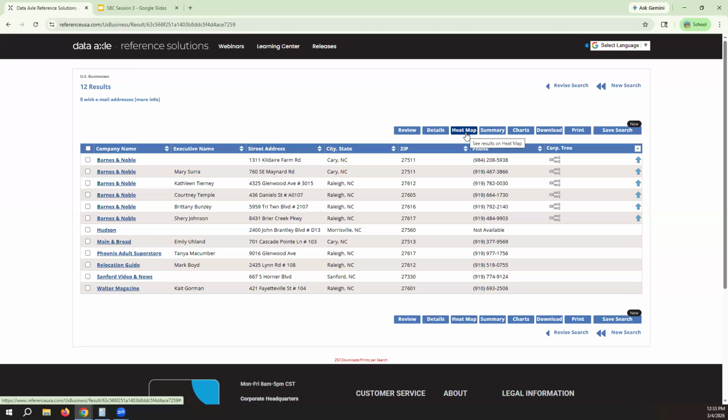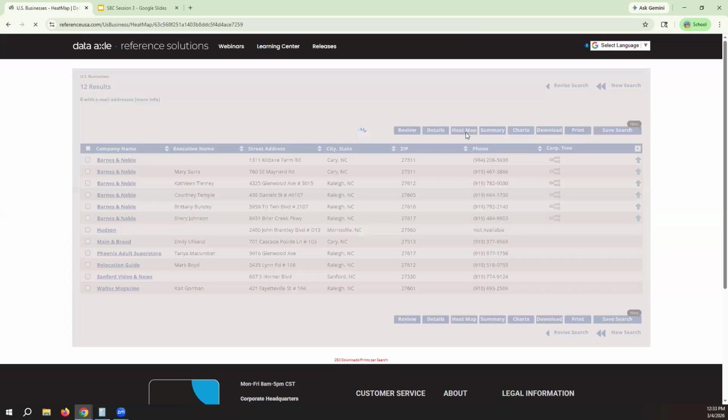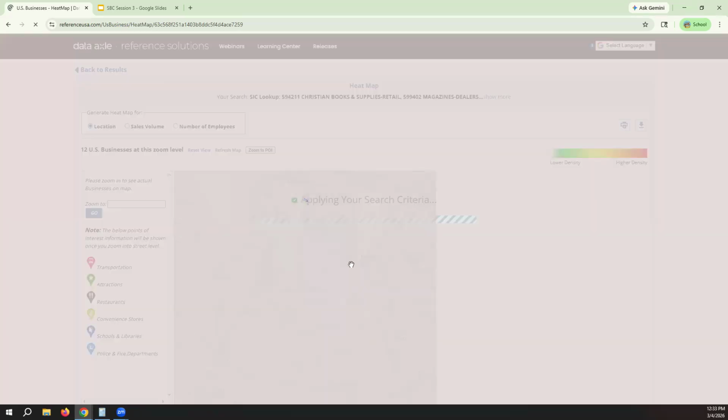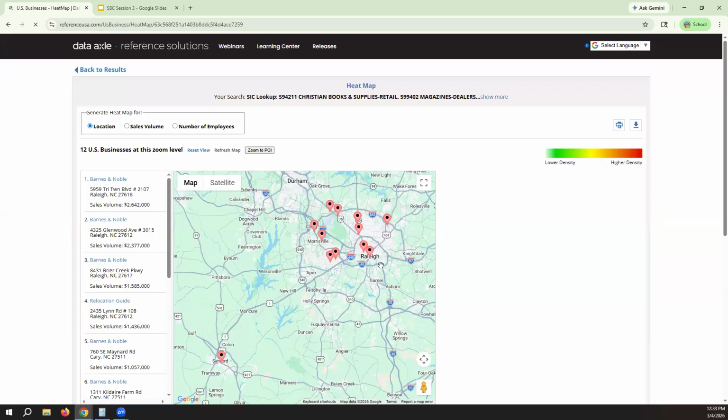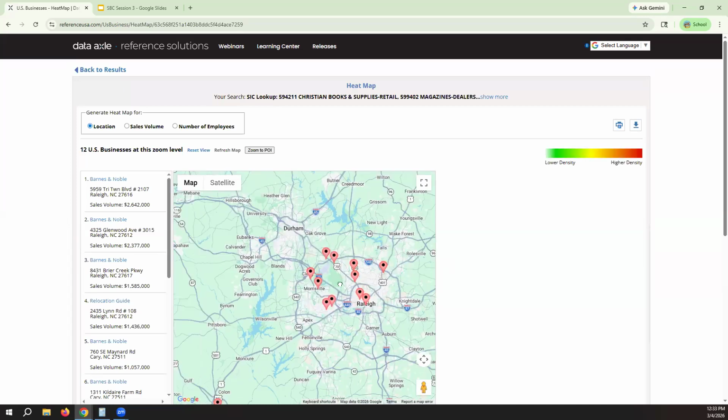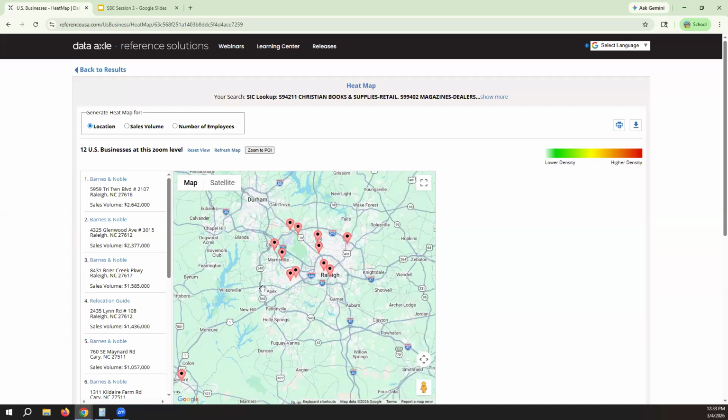It shows you where the stores and these things are located, but it only does it if there are actually 50 or more results. So notice here that, oh, actually it did work this time. There we go. You can see here's my concentration of the information right here.